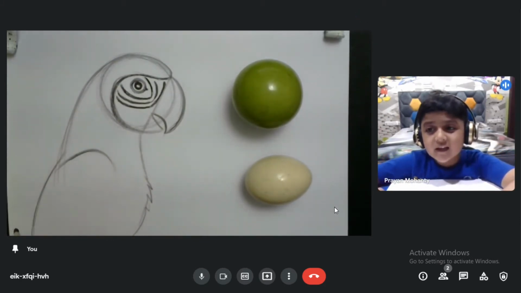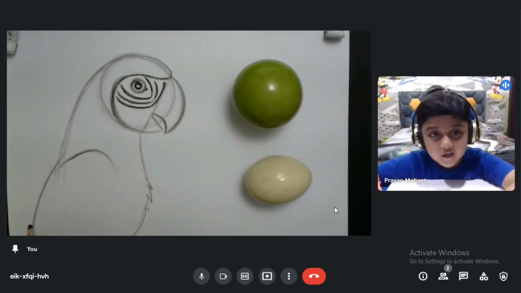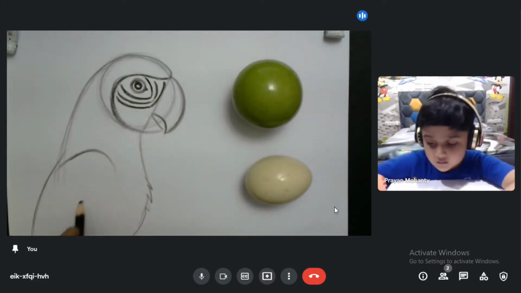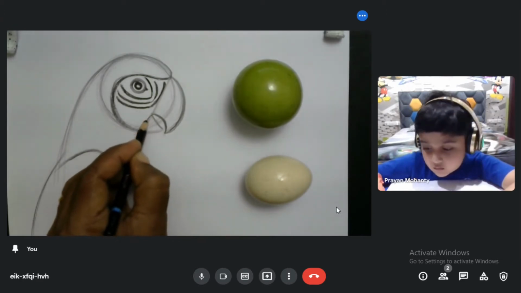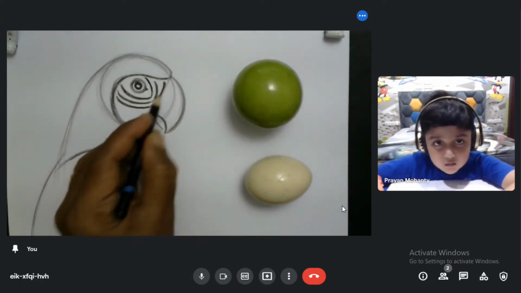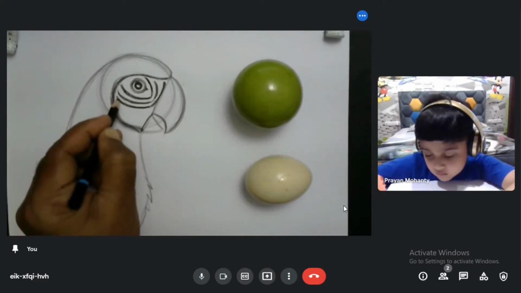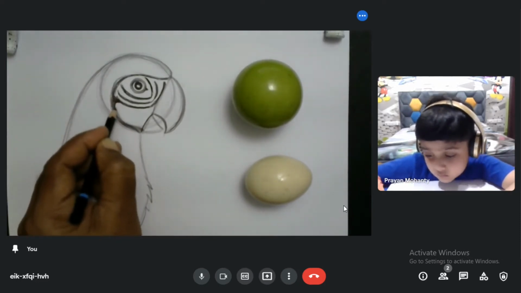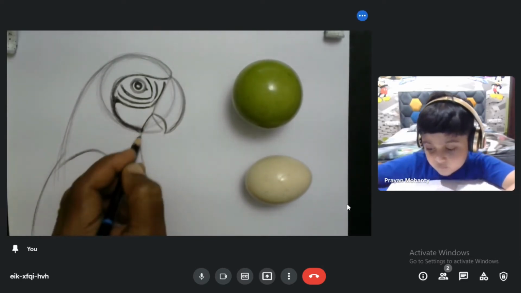For the highlight, that could look nice. So can I do some light? Yes, beta, you can do light. Not an issue. Okay, you can do the light also, no problem.